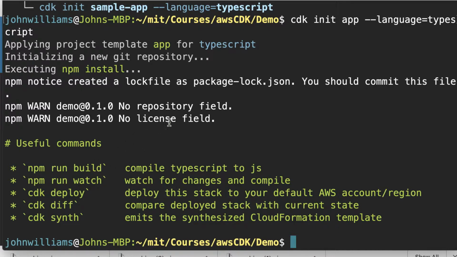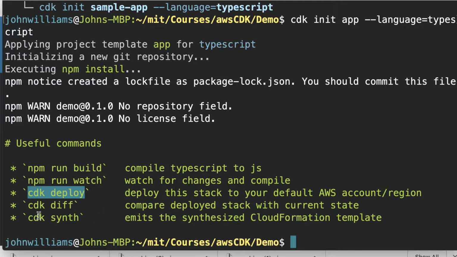We'll do this once we've got something, and you can use npm run watch to automatically compile if you make changes. Once we've programmed, to actually deploy we can run cdk deploy, and